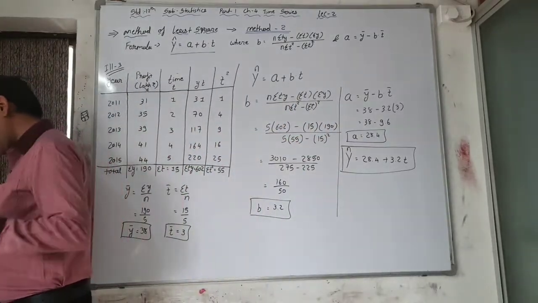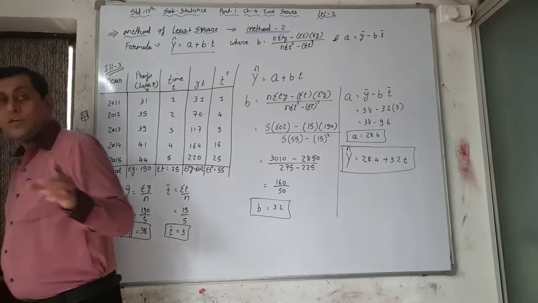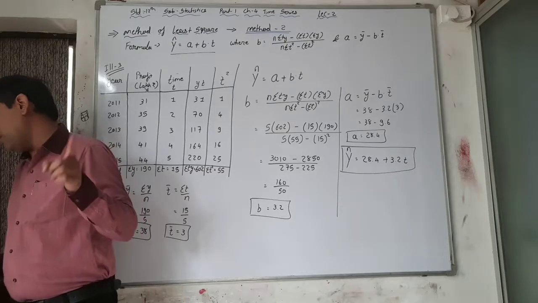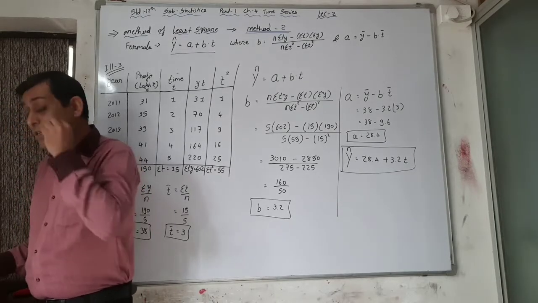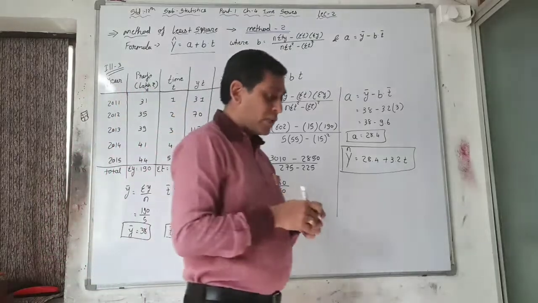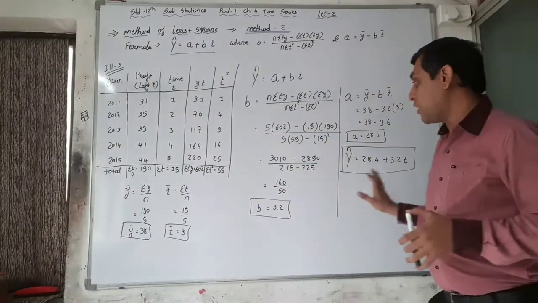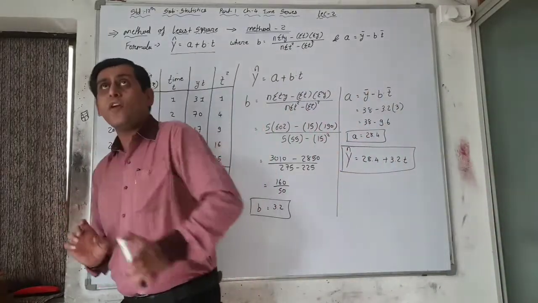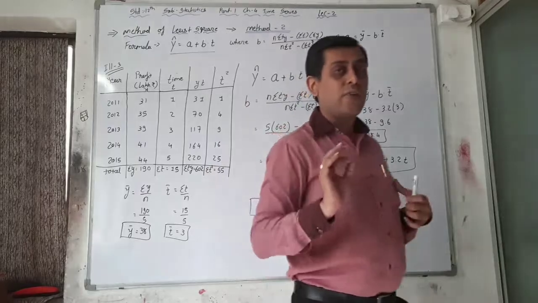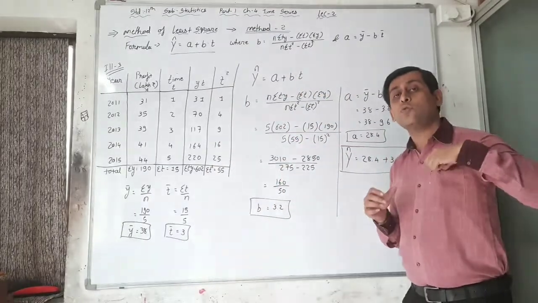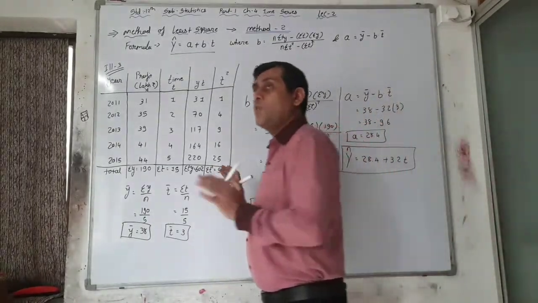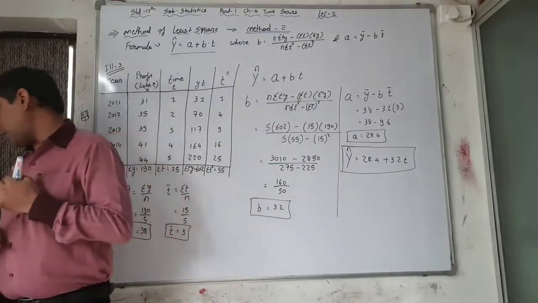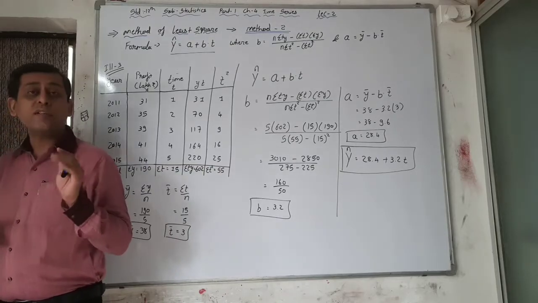See, find the linear equation. Here it is the linear equation. See the question, for the trend from this data by least square method. See, if it is not said that by least square method, we have to use for equation only one method, that is least square method. It is specifically said that we have to use graphical method, then and only then we have to use the graphical method, otherwise we have to use the least square method. Okay, and also estimate the profit for the year 2017.